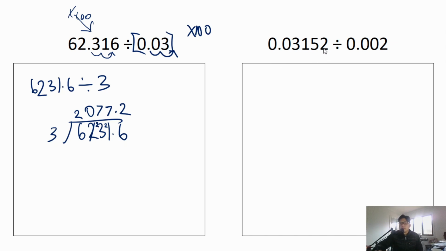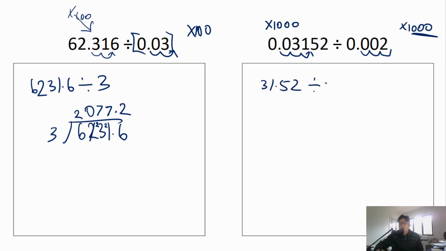Once again, we need to make our divisor into a whole number. Sorry for the background noise, that's still my puppy going on. Alright, so in order to do that, we need to multiply it by 1, 2, 3. So that's 1,000, because 1,000 has 3 zeros. So multiply that side by 1,000 and this side by 1,000. So that means we need to bring that decimal place down 1, 2, 3 places as well. So that gives us